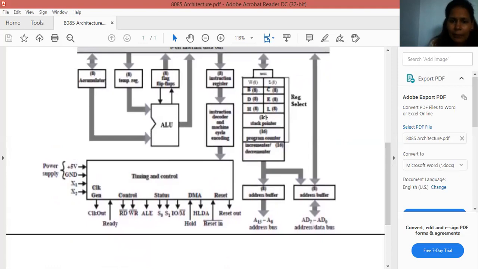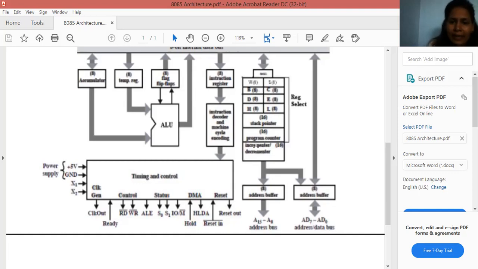We know that stack pointer is a 16-bit special purpose register. It is used to store the address of the top of the stack. Incrementer and decrementer. This section is used for increment and decrement. When the instruction is fetched, the program counter will increment by 1.